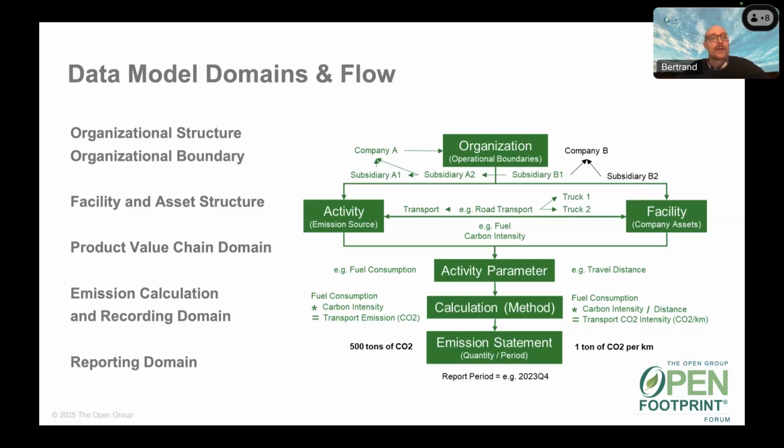Right, looking at organizational structure and organizational boundaries. So how organizations are structured, the ownership structure of those organizations, which are very important in how organizations collect and report data, down to the specific facility and asset structures of those organizations. So the equipment and infrastructure that result in the emission or removal, the release or removal of emissions from the atmosphere. Diving into more specific domains of the product value chain, where we look at the full life cycle, right, of emissions in the context of greenhouse gas emissions.